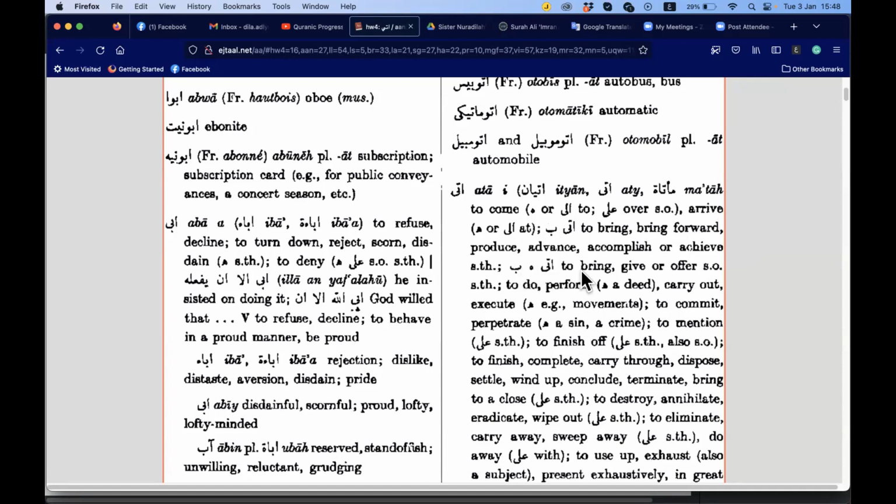So then this is your meaning here. You always give the meaning. So to bring something or someone. Sorry, this is to come with something or with someone, something like that. So when we say to come with Allah, for example, just now,